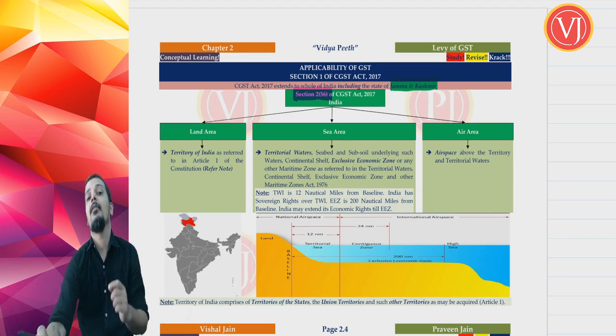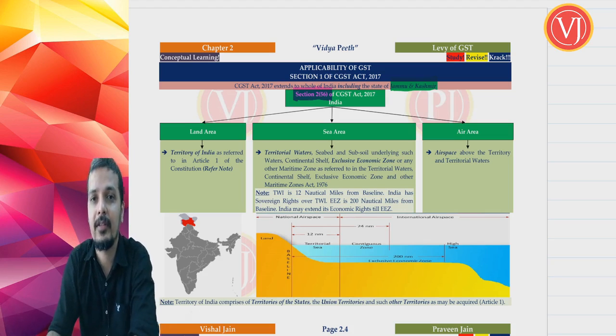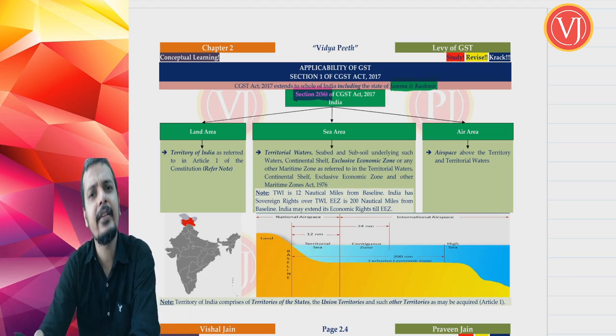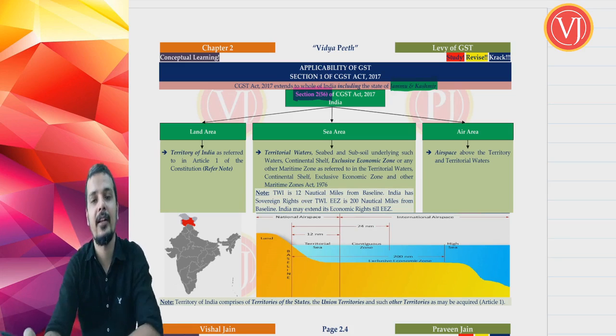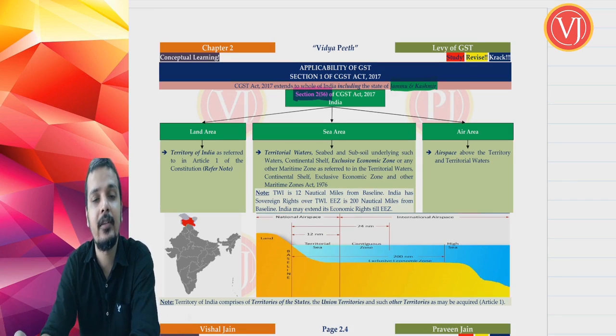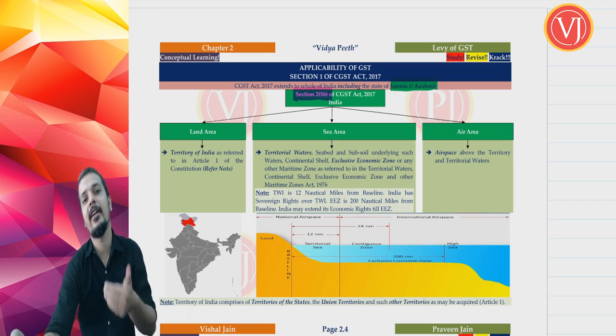So one, we have multiple colors, and each color will symbolize something. Everything has been well thought of and written. And second important thing, everything is given in the form of table columns or pictures, which will ensure that your retention capacity is very high compared to others who just read the provisions. You will be in a position to retain things for a longer time, and before retaining, you will be able to understand things in a very simple way.